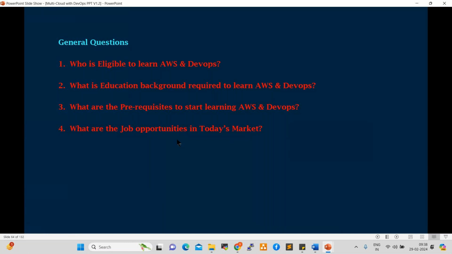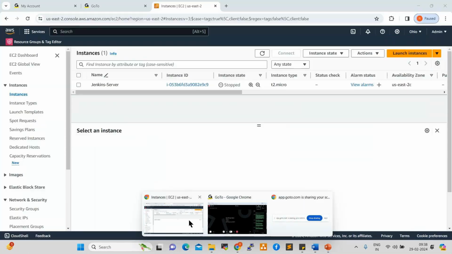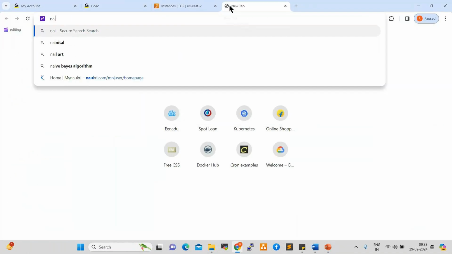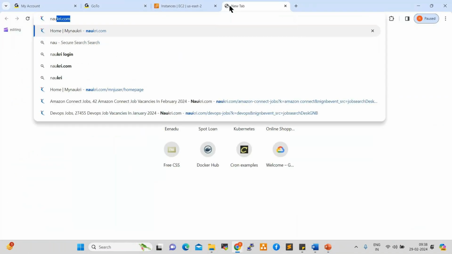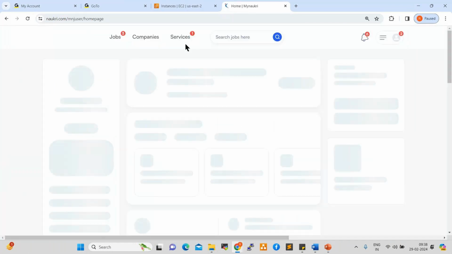So in the last week, two guys cracked the interview. Freshers cracking the interview, experienced guys also cracking the interview. If you go and search in Naukri, you can see here, just search DevOps.